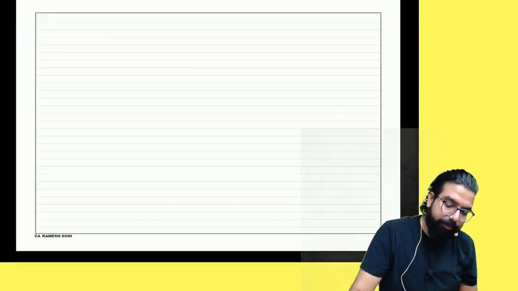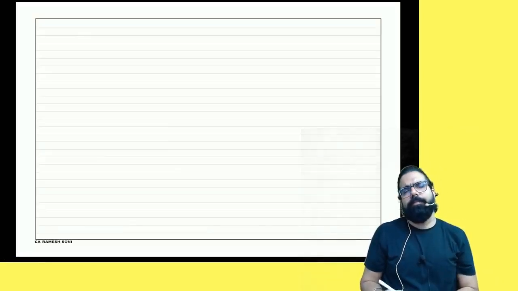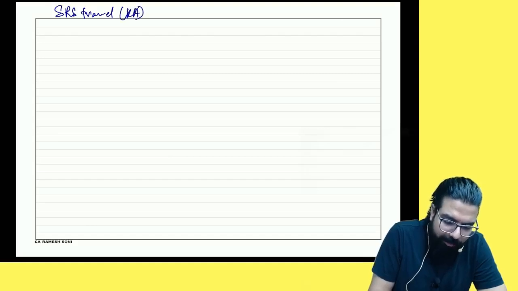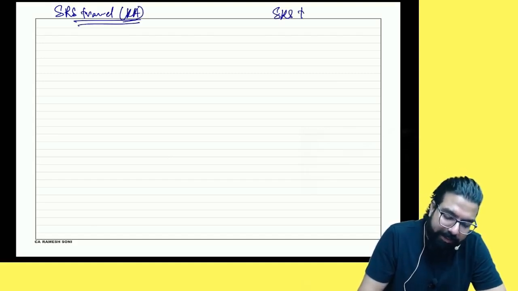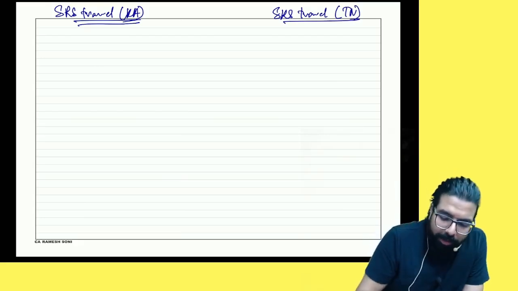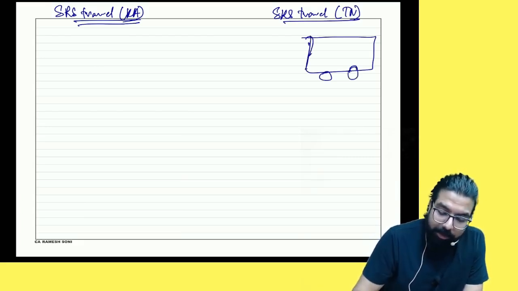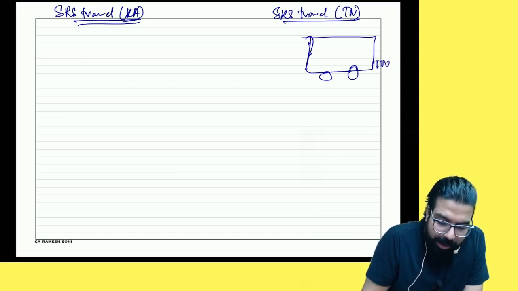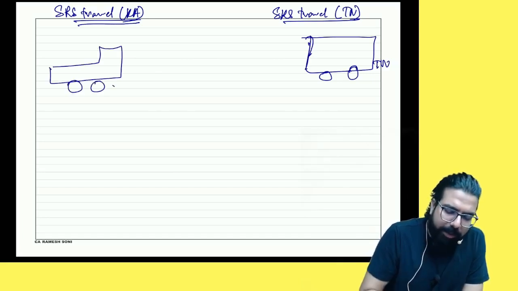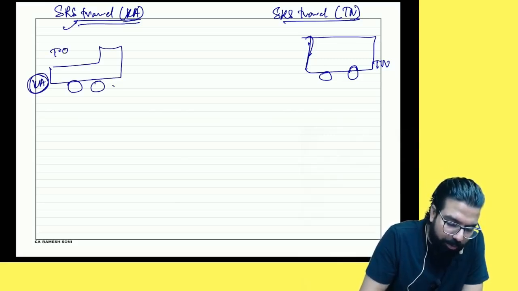Chalo, I'll ask you one more question. Everyone listen. For example, this is SRS Travel, Karnataka branch. People listen carefully. This is SRS Travel, Tamil Nadu branch. One is Karnataka branch, one is Tamil Nadu branch. For example, Tamil Nadu branch has a bus. In Karnataka, we have one truck. This truck belongs to the Karnataka branch. We have kept all the tools,